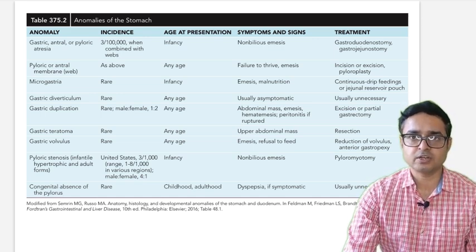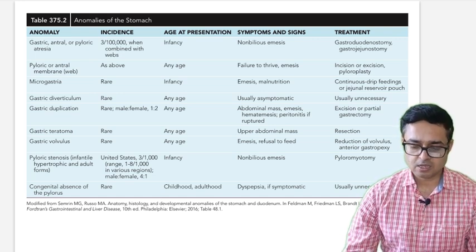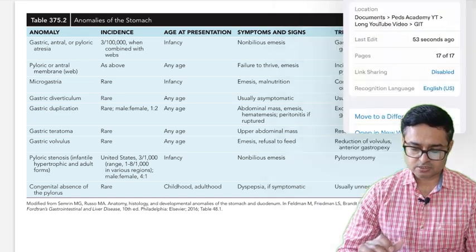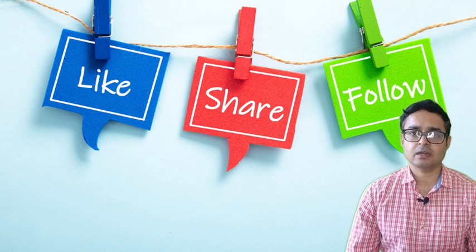Mainly we discussed congenital hypertrophic pyloric stenosis, which is now called idiopathic hypertrophic pyloric stenosis. So just see this condition, and we will meet in another video